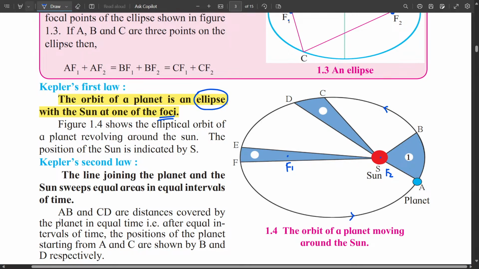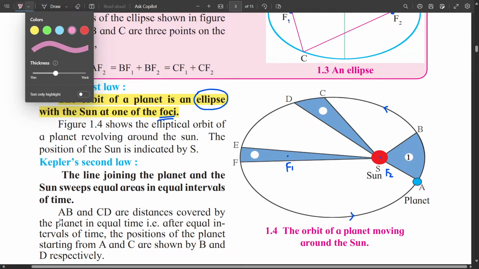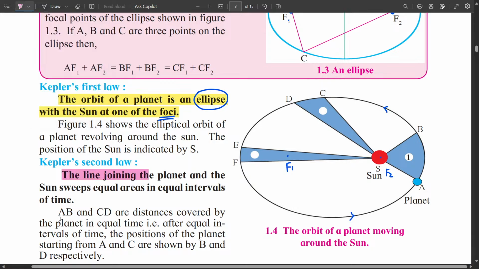Kepler's second law states that the line joining the planet and the sun sweeps equal areas in equal intervals of time. That means if the planet takes time t to go from A to B, again the same time t to go from C to D, and the same time t to go from E to F,